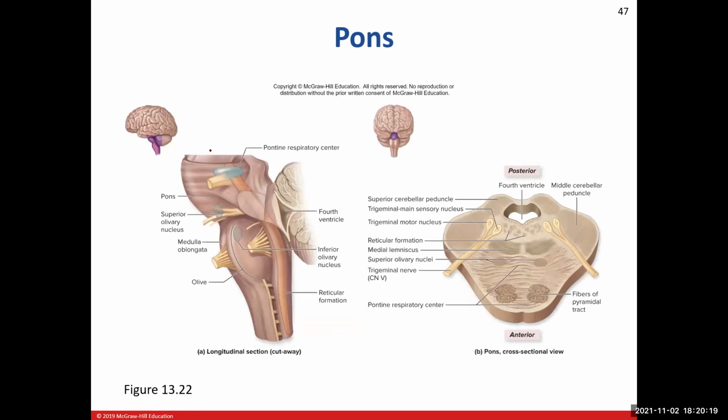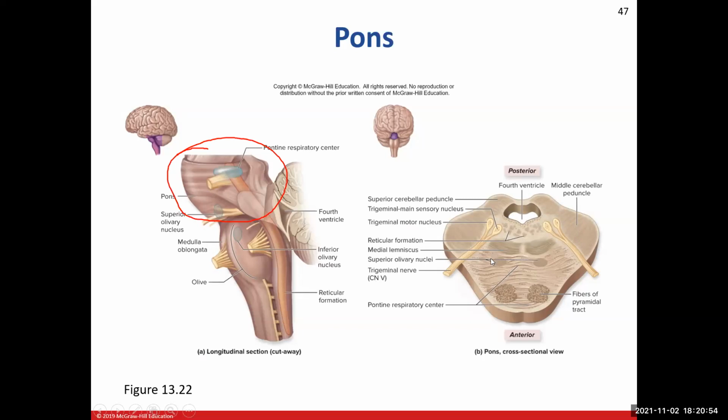So here's the pons, this nice anterior bulging region of our brainstem. And you can see a couple structures in here. You can see it's right in front of the cerebellum. What connects the cerebellum to the pons is going to be the middle cerebellar peduncles right here. We'll see part of the fourth ventricle. When we get into the lab section, we'll talk a little bit more about the fourth ventricle,